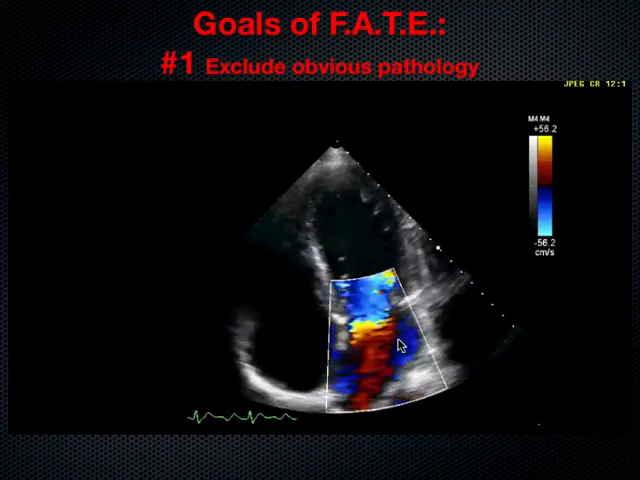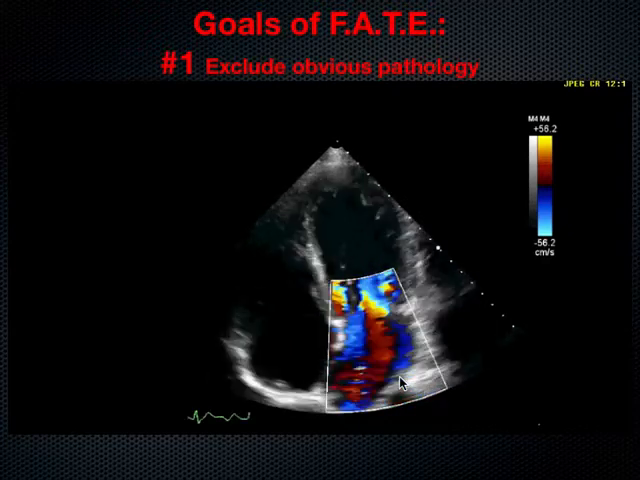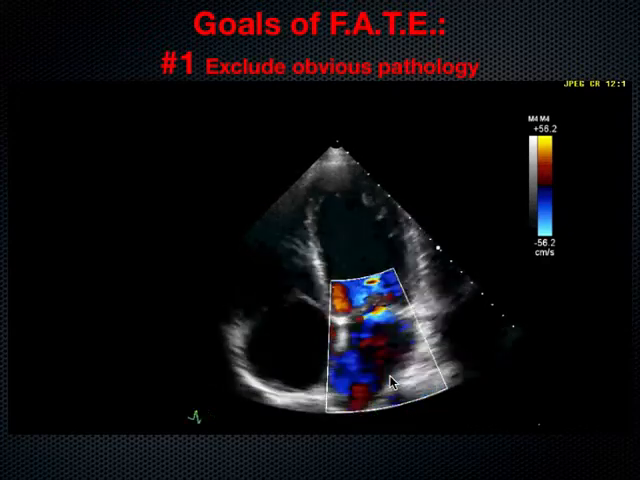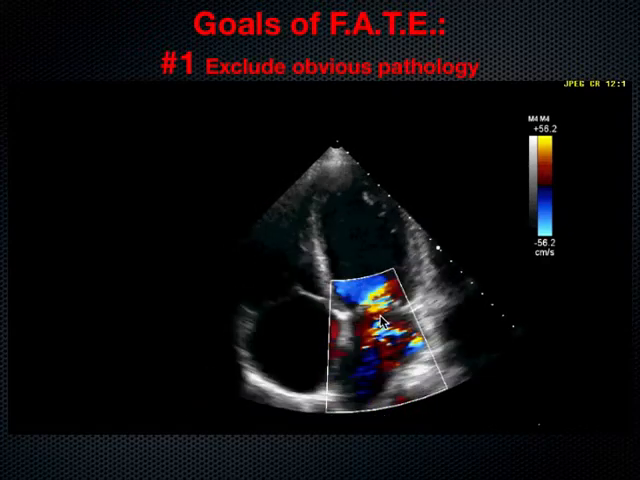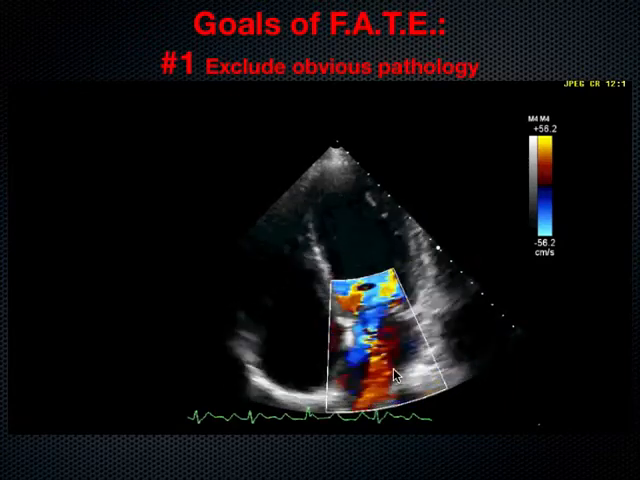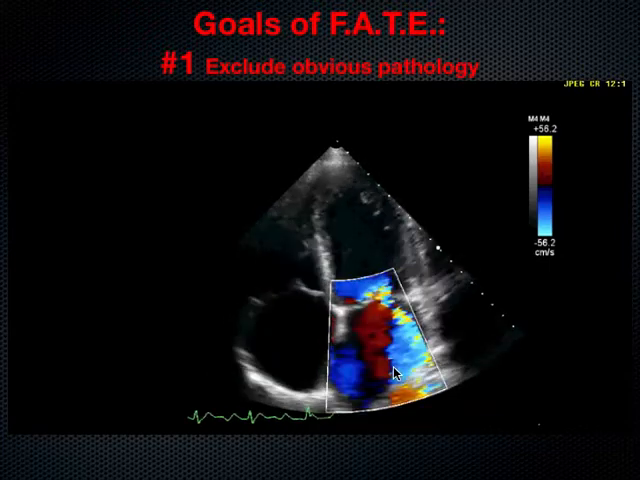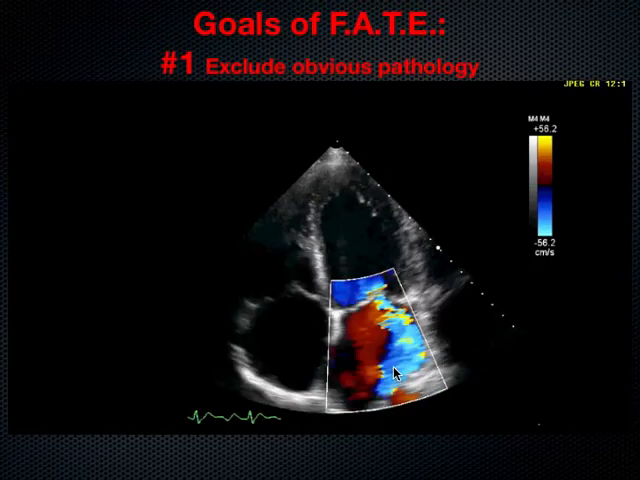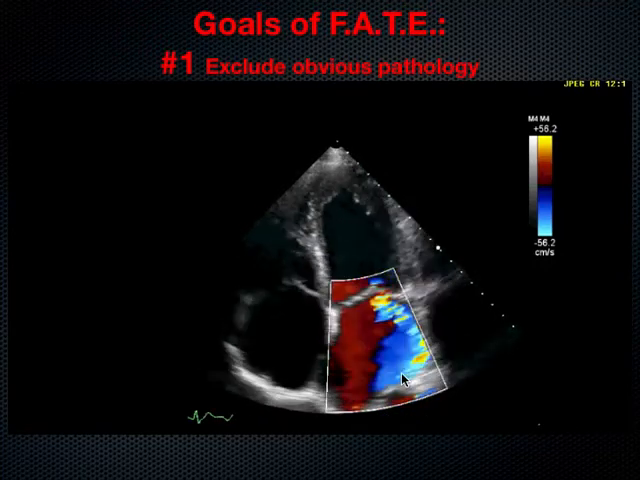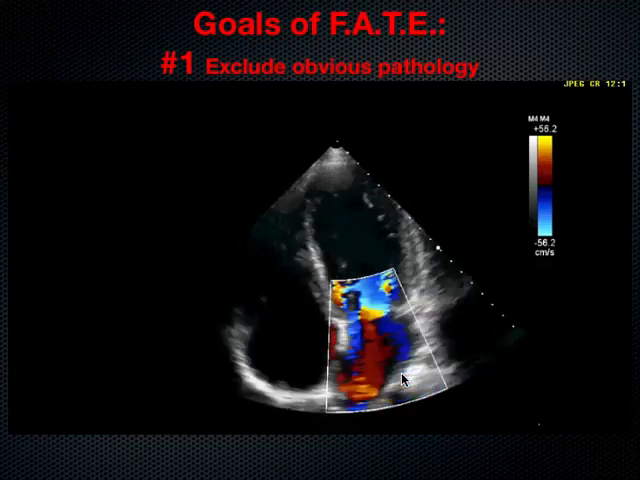But instead, in this case, we do. We see a blue jet going away from the LV into the LA during systole. It hits the back wall of the atrium. And there's different gradings of tricuspid and mitral valve regurgitation. I'm not going to get into that, but this is a very obvious, this would be like a 4+ mitral